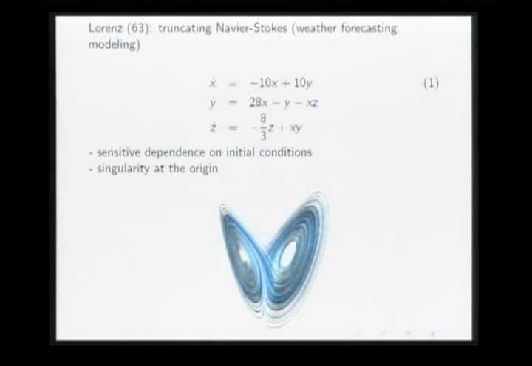For the first time, he saw some kind of phenomenon that was not usual, not yet classified. It was something like this, being an attractor, having a singularity at the origin, and displaying sensitive